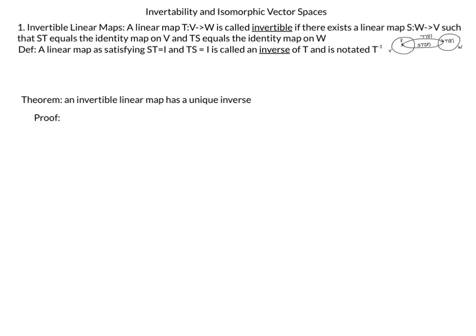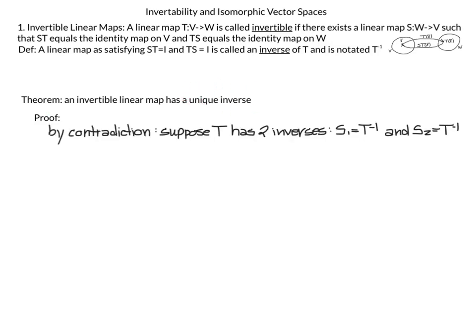In other words, there's not two different inverses. There's only one inverse. And to prove this, we're going to use contradiction. We're going to suppose that t has two inverses, S1 is equal to t inverse and S2 is equal to t inverse. And what we will do is show it's necessary that S1 is equal to S2 if they are both truly inverses. Since we know S1 is the inverse of t, that means S1 t is equal to